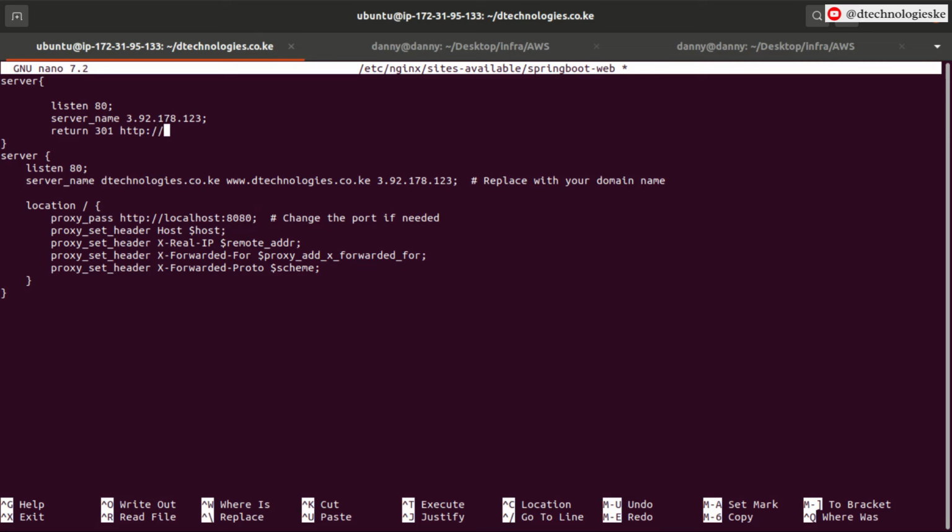Mention our domain name. All right, and in that case, we can simply remove the IP here. So what this one does is that any traffic coming in through this port will be redirected to the domain name. All right, so let me save that